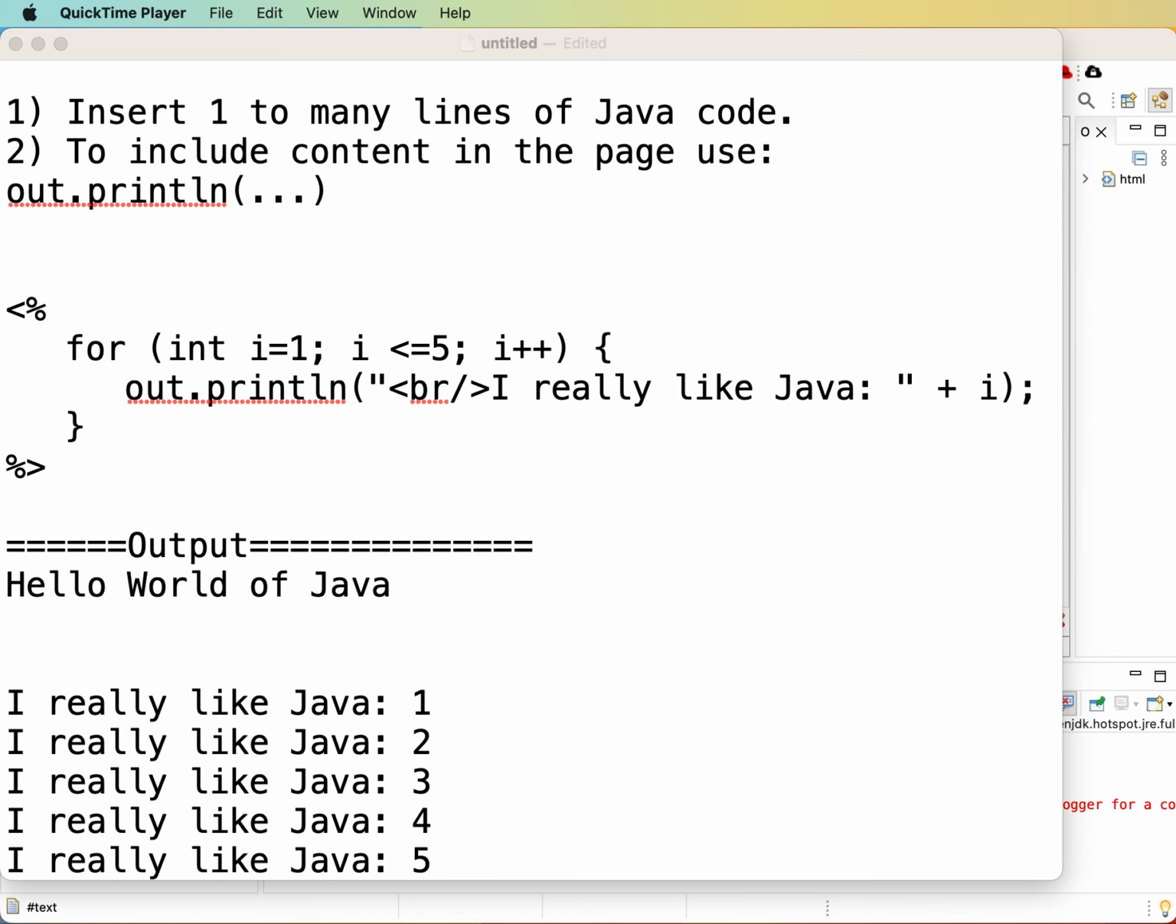In this video, we are going to learn about JSP Scriptlet. So what exactly is a JSP Scriptlet? Well, a scriptlet is a JSP construct. It allows you to add one to many lines of Java code. And once you have this set up, then you can also include content in the page by making use of out.println, right? So the basic syntax is